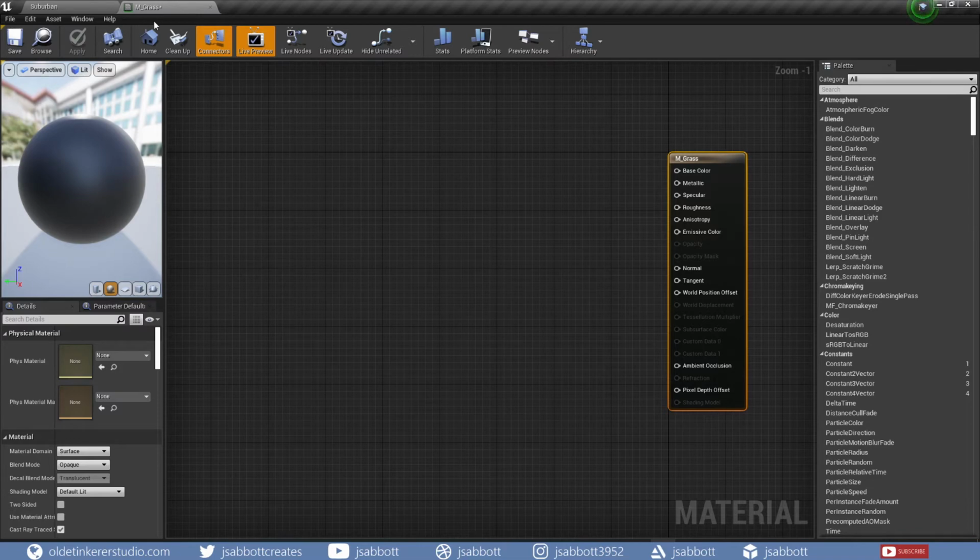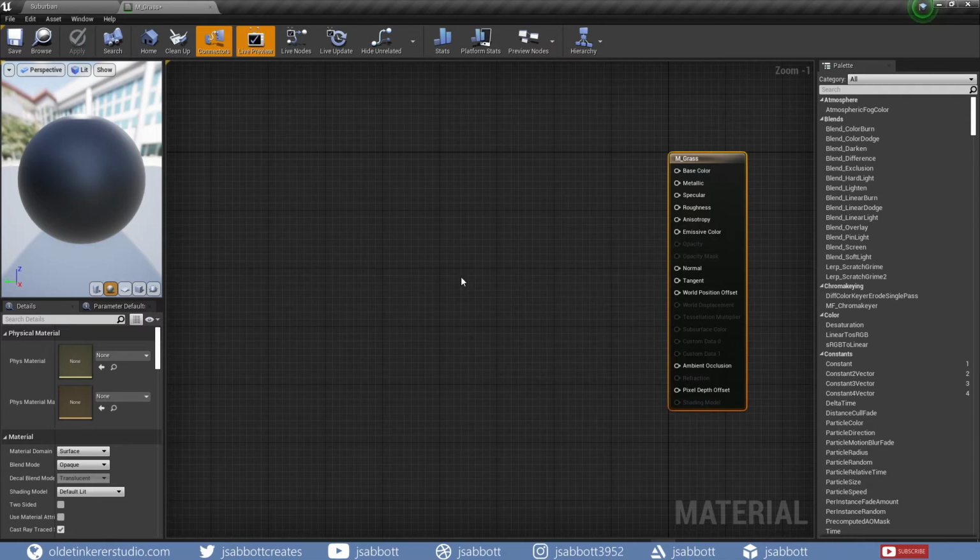The menu bar contains all the usual menus and options. The toolbar contains a list of tool options that can be used in the material editor. The viewport panel displays the currently edited material. The details panel is where all the properties for the material are shown. The graph panel contains all the material expressions or nodes belonging to the material. The palette panel contains a list of material nodes that can be used via drag and drop on the